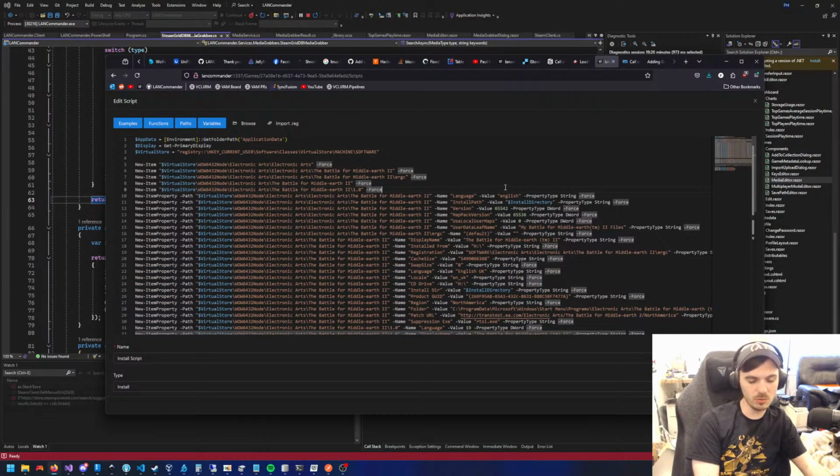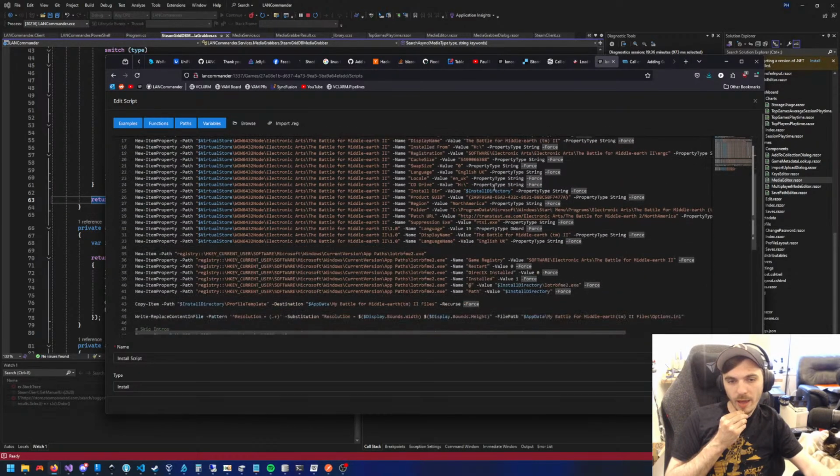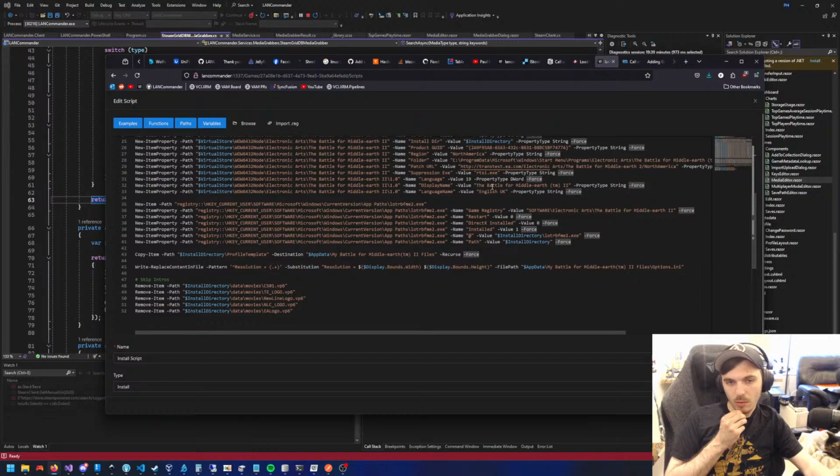Is it going to pull down the ISOs, or have all the setup files there and you have to install it like that? And then what do you do about CD keys? Having the ability to re-implement the game installer, one, it makes it so you can customize it, which is cool. You can basically put it anywhere that you want, where a set of files doesn't necessarily allow you to do that. But two, it sort of preserves,